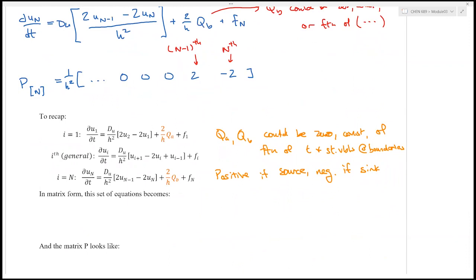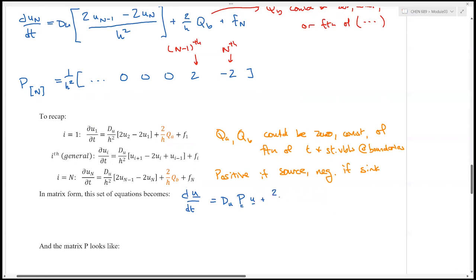All right, so that is what each one of these equations looks like individually. But what we want to do is represent these in their matrix format. So the matrix format is going to look like this. You have the derivative of your vector u with respect to t is equal to our diffusivity times our matrix P times u